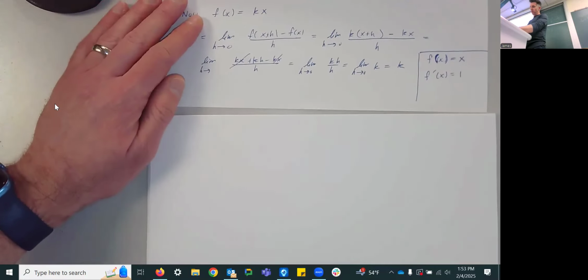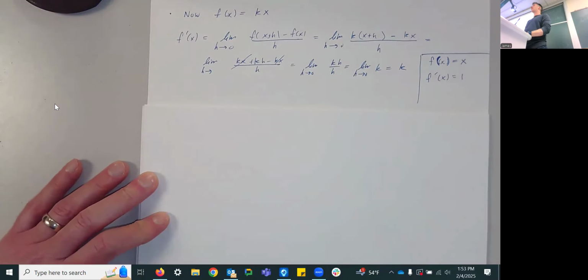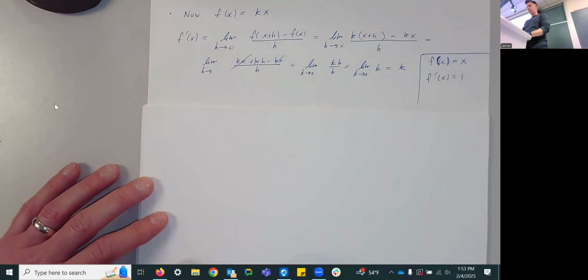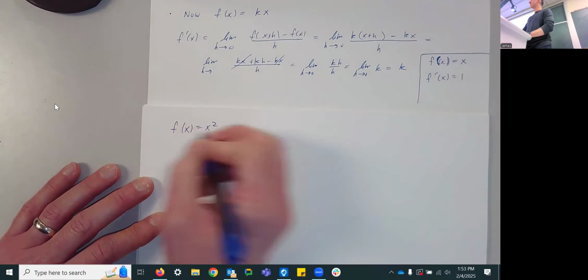We'll do 2 more, and then we'll talk. Oh yeah, we can do 2 more, then we can do something fun. So we'll do it for x squared and for x cubed, and then we'll talk about how you could go further, but we won't. So for f of x equal to x squared, we kind of already did one like this